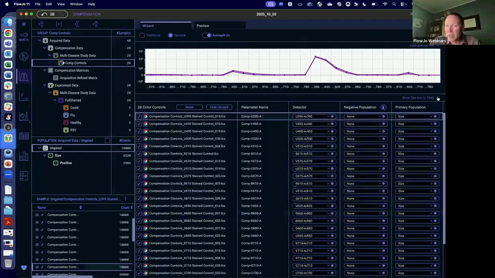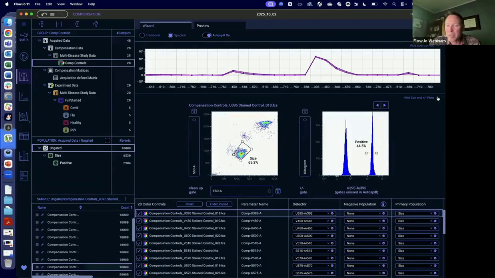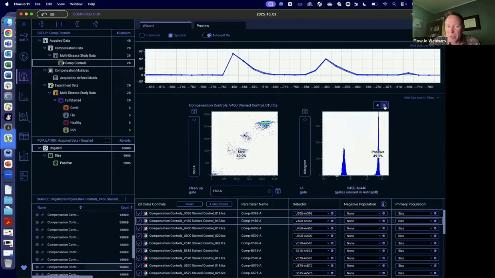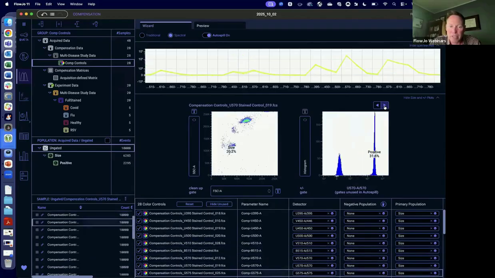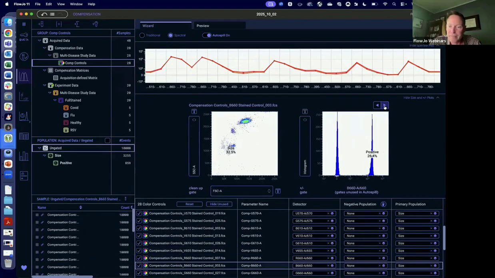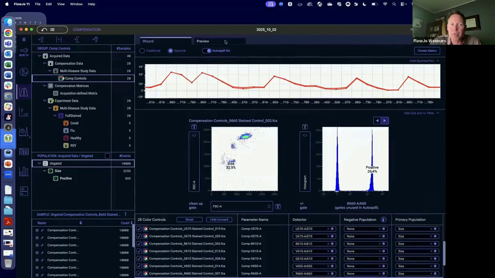I should mention you can hide and expand any one of these plots. You can use the scrolls to go through and look at your data. There was definitely at least one cell control in there, probably live dead. Okay, so that's the setup. If I turn these on or off up here as well, if I move my zoom controls and hit preview,